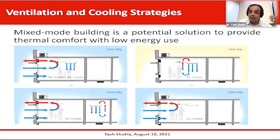If you use a mechanical system to utilize that outside air, comfortable air, then it's called free cooling. So you can utilize that either through the fan, which becomes mechanical ventilation, or free cooling, or you can use a window or purposely provided opening, as seen in the bottom image on the right side, to get the outside air